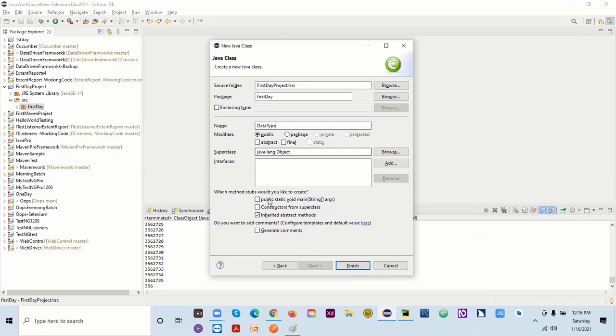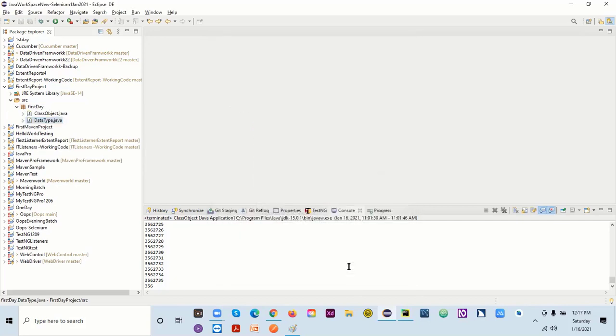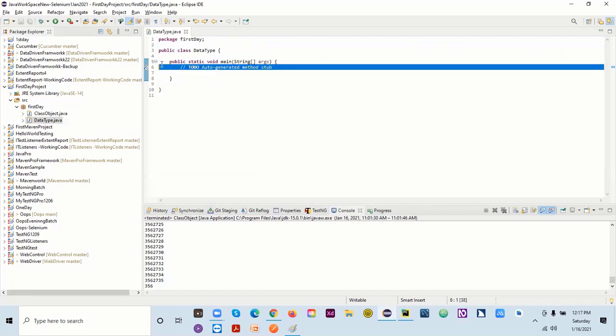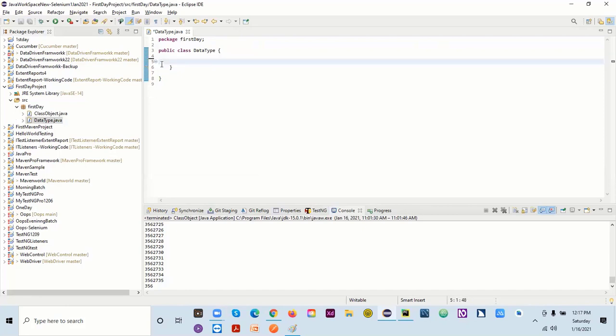And there's one more thing here. If you want to check this one, you can check from here. This is a main method. So your program will start from a main method. So even if you want to click on this, it will come as soon as you create your class. So if I say class, and let me remove this one from here. So now here you can see this main method is coming because I have checked that option there, and that's why it's coming. Even if suppose you didn't check that at the time of creating your class, you can do one thing here.